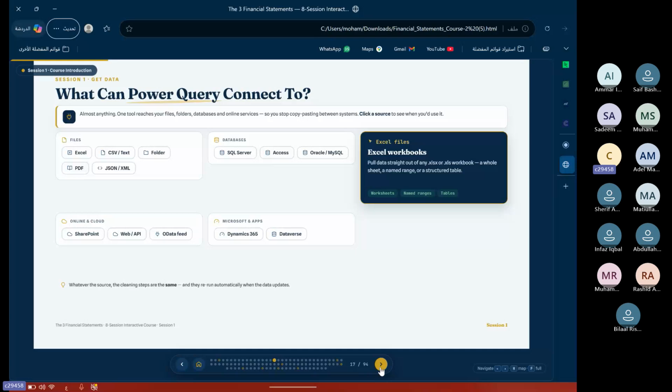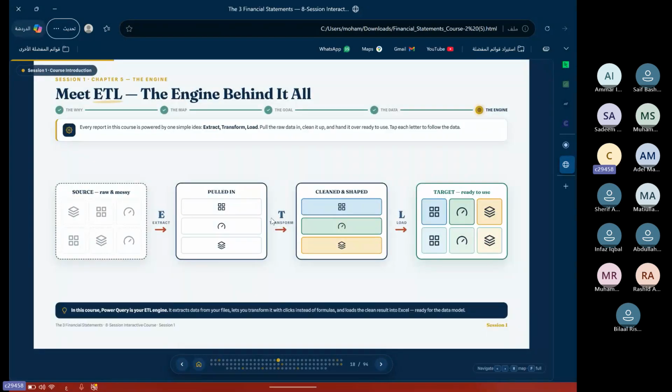Any type of data you have, you can connect it to Power Query. And this is the ETL. We have our source of data. We transform it, we clean it, we shape it, and then we give it to our model, so it works with all the databases. So this is ETL. It's very important.